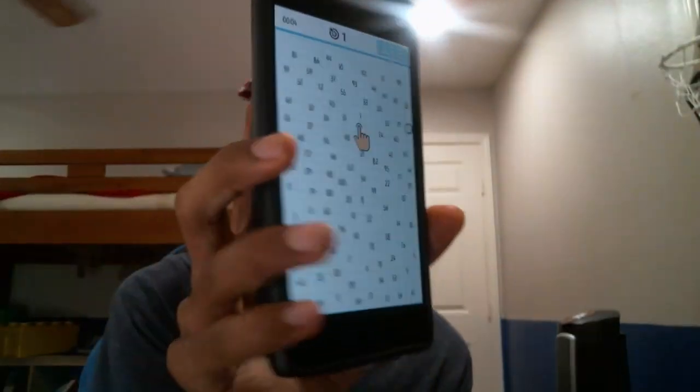We have another game. I'm just gonna pull up a random game. This is too good not to pass up. A game called Find the Number. So I'm gonna mute this because the volume's annoying. There we go. Easy difficulty. It's asking me to find the number 1. This is a game, people. So I gotta find the number 1, and obviously I can see it right here on the screen.